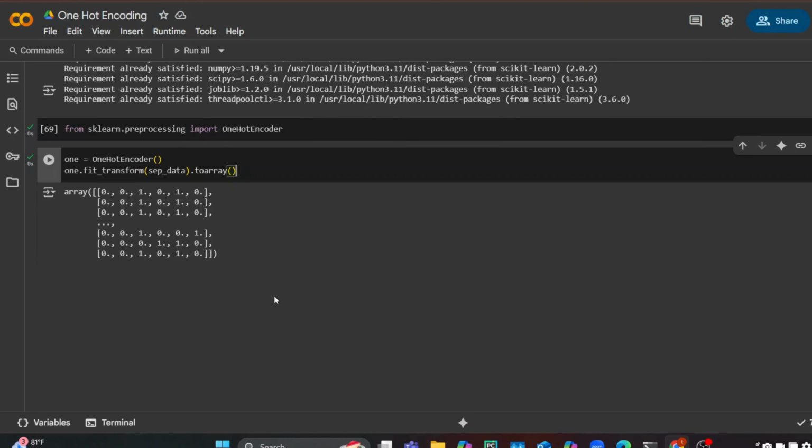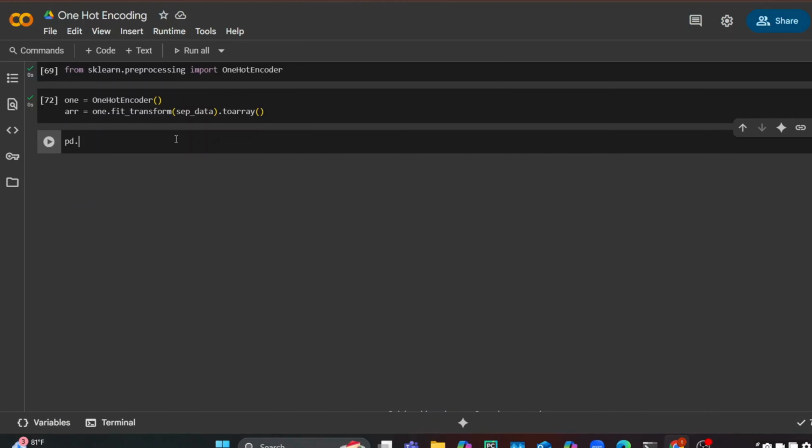but it is actually not visually understandable. So we have to convert it into something that we can actually understand and keep a track of. So we will convert it into a pandas data frame. So we will first store this array into an array variable. We will run it. Next, we will call pandas pd.dataframe, and within parentheses will be array, and we will call